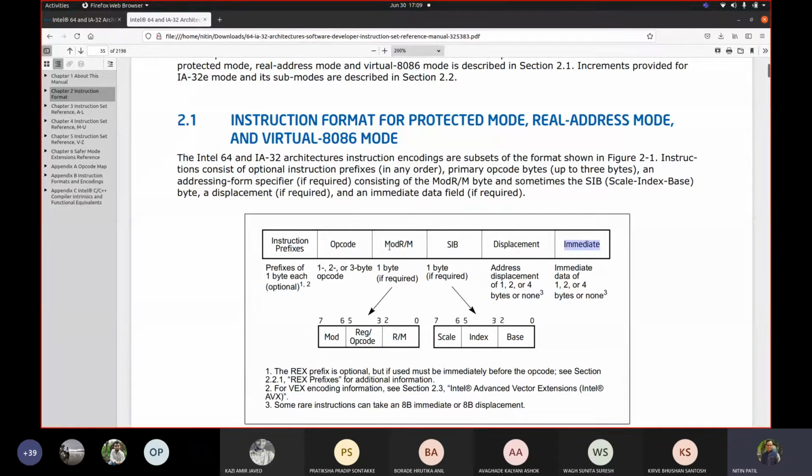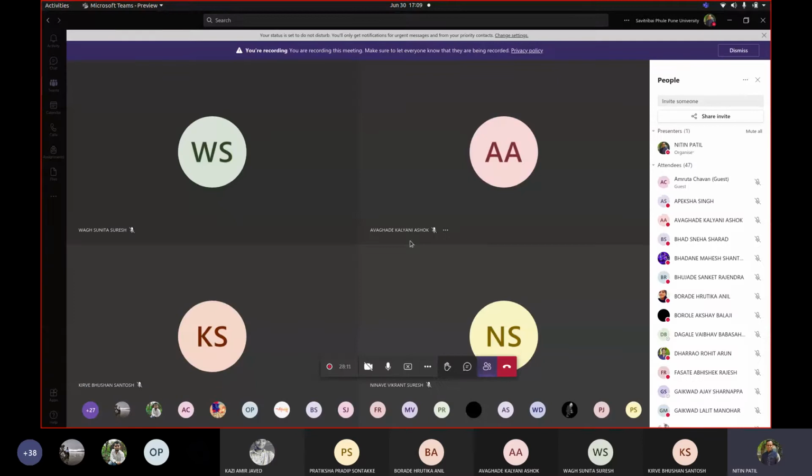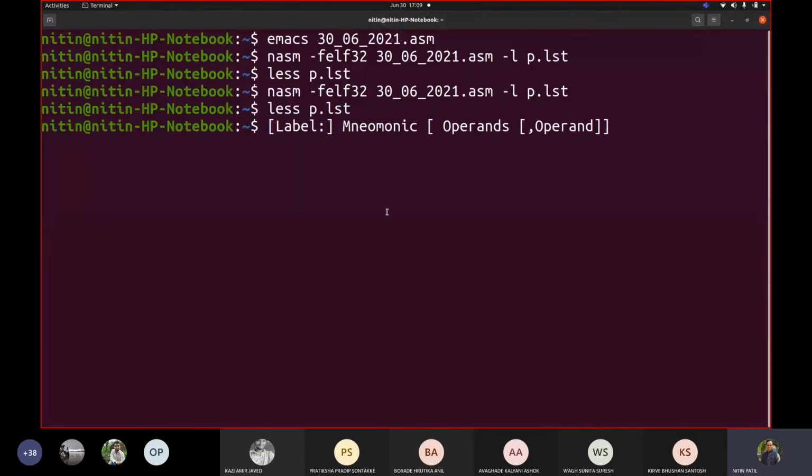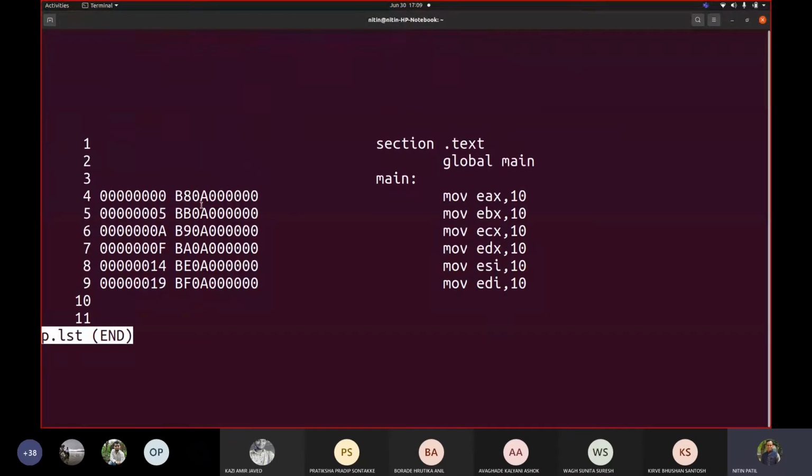But when we do talk about this ModRM, for example, in the code that we wrote, we could see that B is common across each of them. Even this 10 was common. What is changing is the second hex digit represented here. So it was dependent. It is trying to tell us what kind of register is added here.